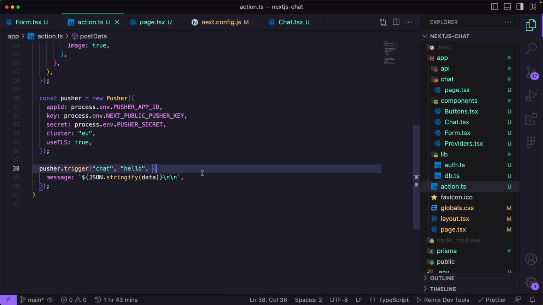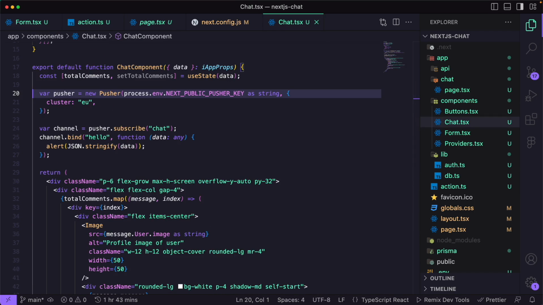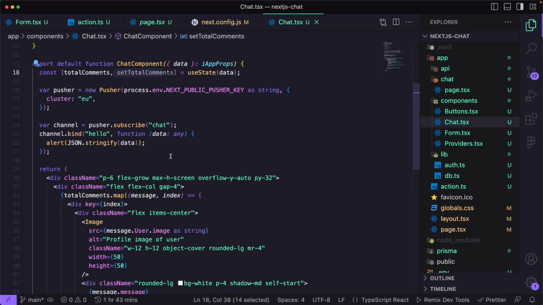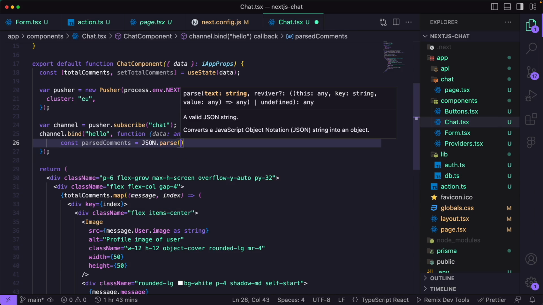So this should work actually. And then for our page again, let's go to our page right here. So our chat component actually. And what I want to do right here inside of this channel.bind, I want to get the data and set it right here to my total comments so that I can map over them. So first of all, we have to parse our comments. So let's do a const parsed comments, and this will be equal to JSON.parse, and I will have to pass my